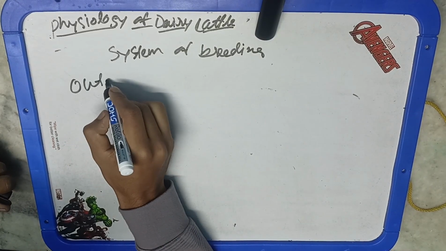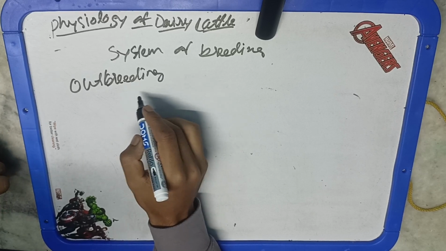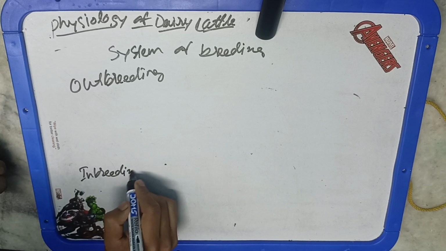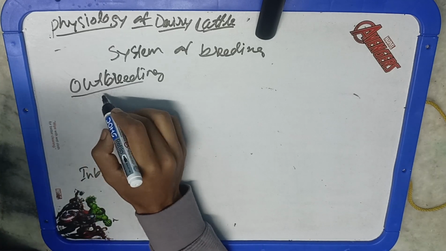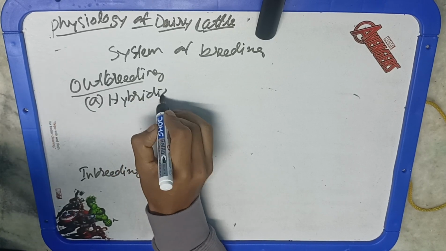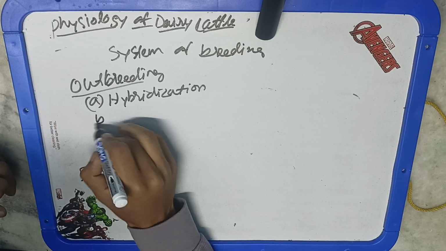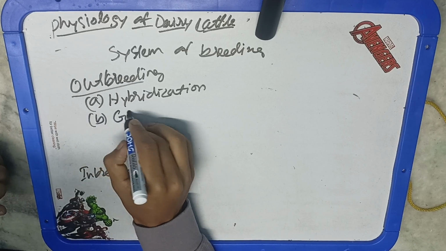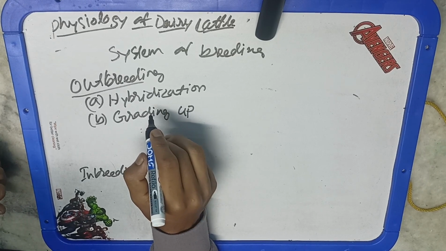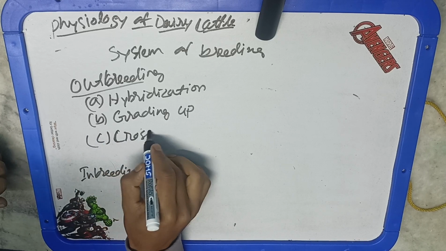So hybridization is basically when the mating is done between two distinct species, totally different. Then grading up is the practice of breeding a purebred sire to a given breed with native females. So a purebred sire we will use, just to make it one level up. The continuous crossing with the purebred sire would make the offspring have characteristics closer to the purebred. If you want to correlate it with plants, it is like the backcross. Here the purebred sire is crossed again and again so that we can have the maximum characteristics of this particular breed.